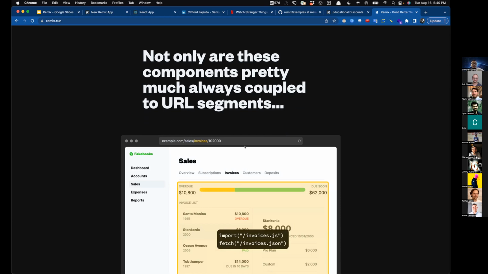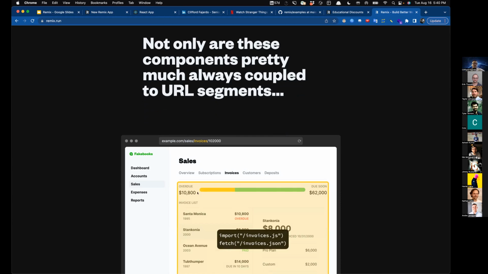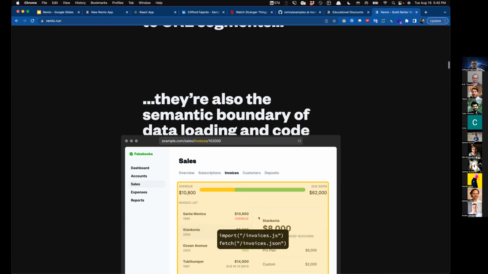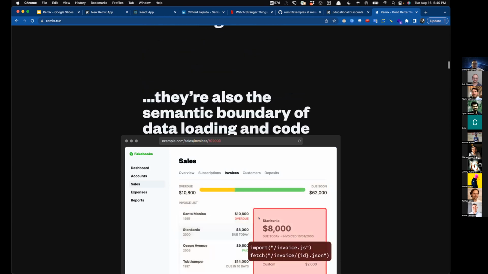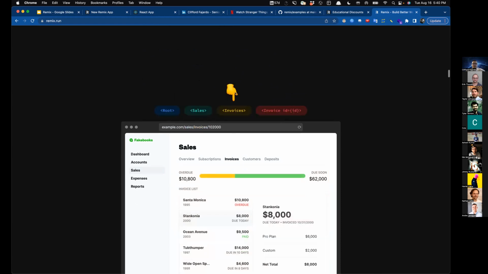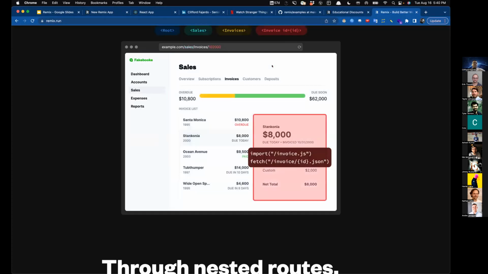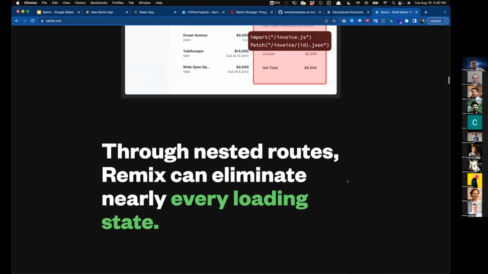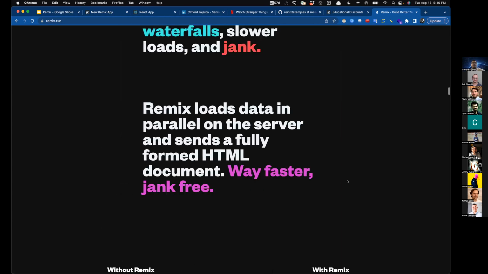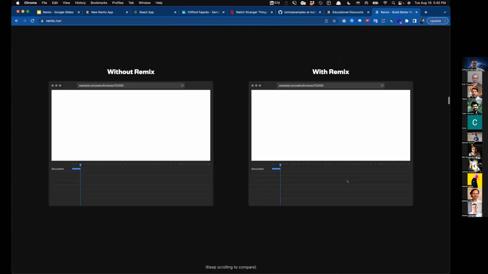So typically in apps, you might have nested paths like this where you have a sale and an invoice, and each of these have their own data requirements. So you might do a fetch here, you might do a fetch in another place nested inside the app. So, yeah, we typically might have lots of nested data requirements. But when you're using Remix,